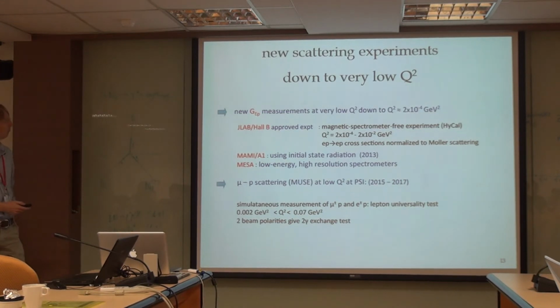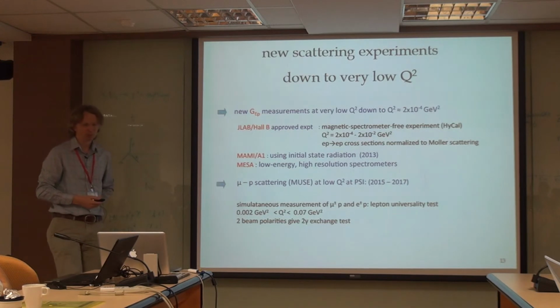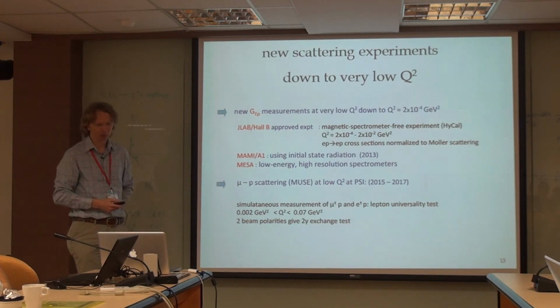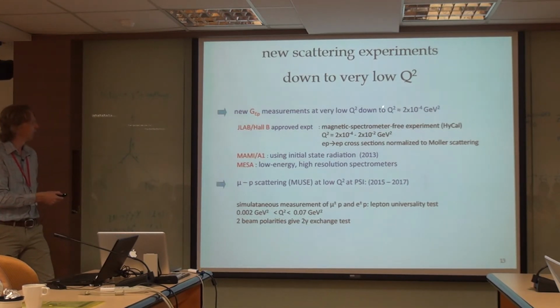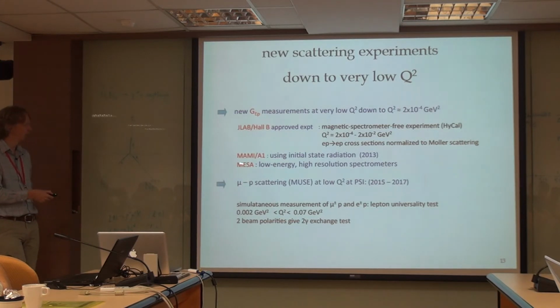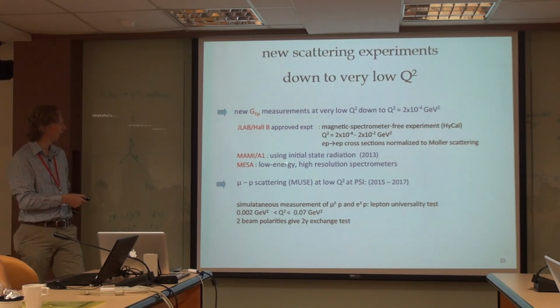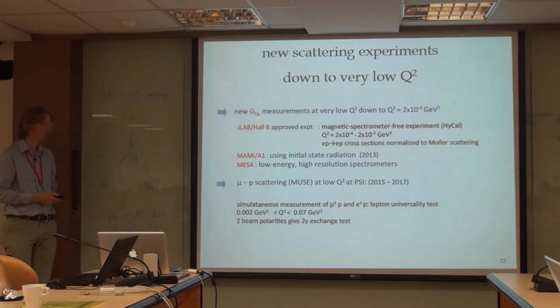New scattering experiments, electron scattering and muon scattering experiments, down to very low Q-squared. The idea here is to remove the uncertainty from the extrapolation. By going down to Q-squared values typically in the range 10 to the minus 4 GeV squared, both at Jefferson Lab and in Mainz, there are several experiments either being done already or just coming up